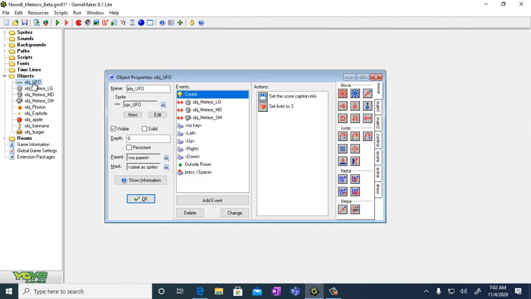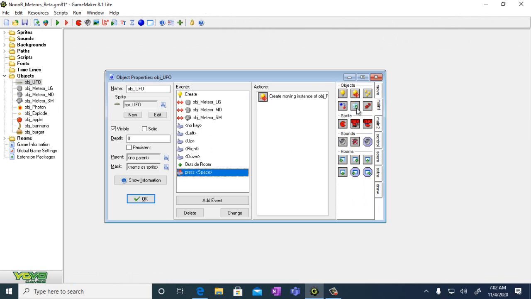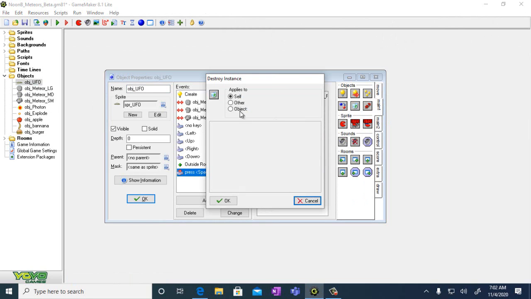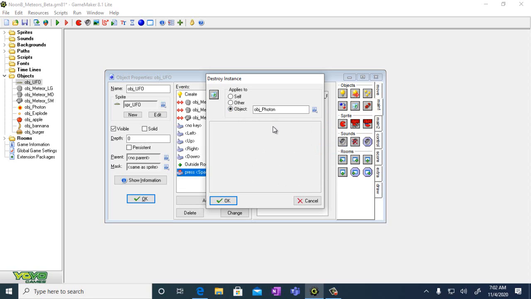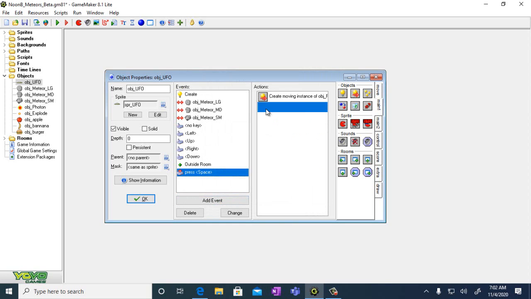So we have object UFO, and then our space main 1, destroy instance, bring that in there, select object, and we're going to select photon, our object photon here, as the object we're going to destroy, and then we're going to hit OK. Now we want to drag this up to the top,